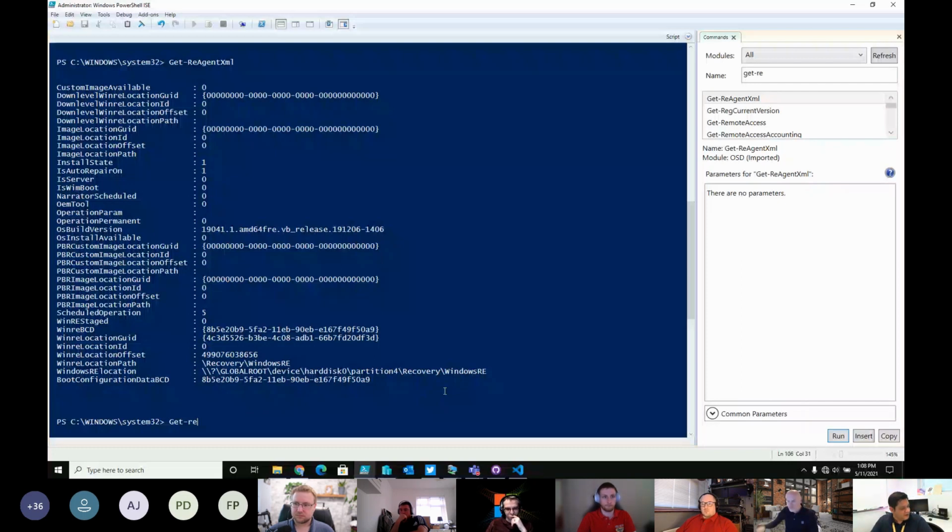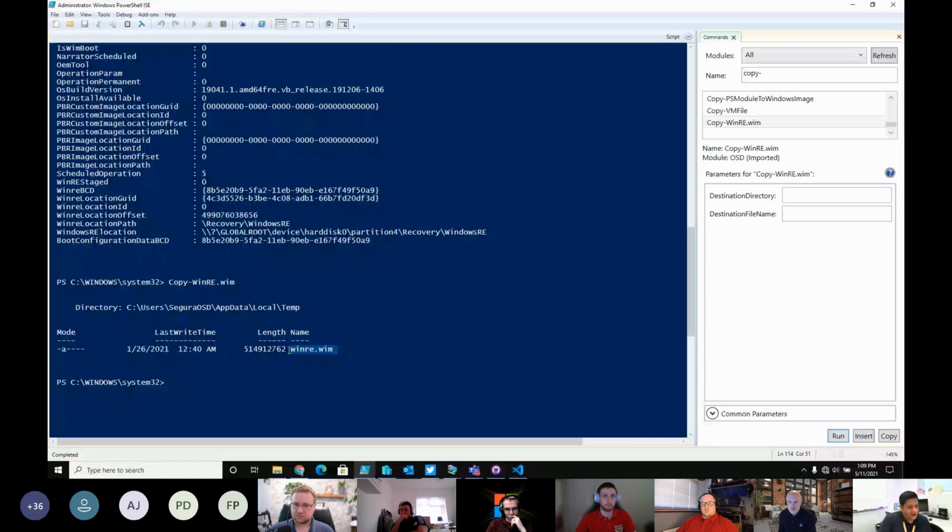It's now copied it to temp. It's unhidden my recovery partition, copied WinRE out of the recovery partition into a temp directory. If I set my destination directory or set the file name, then I would have it there. But this is one easy way you can get WinRE without having to do all the 20 steps needed to unhide the recovery partition.